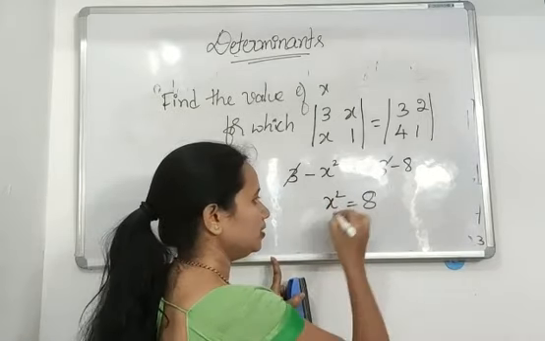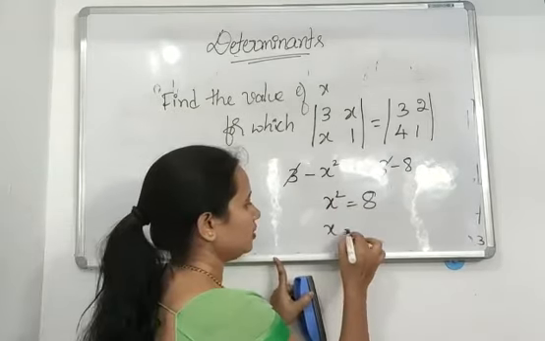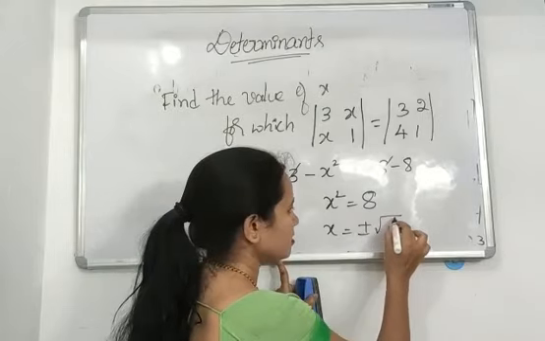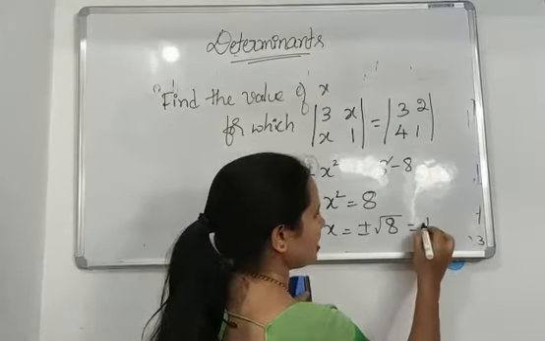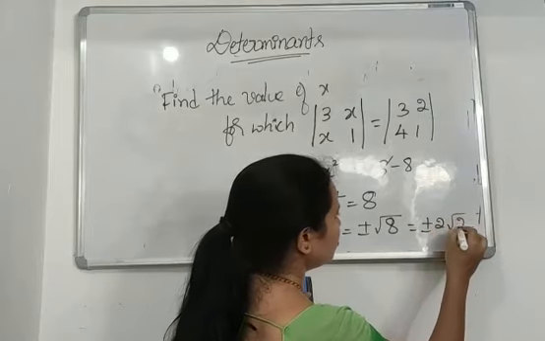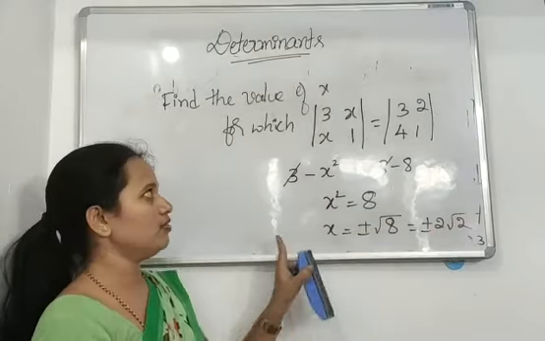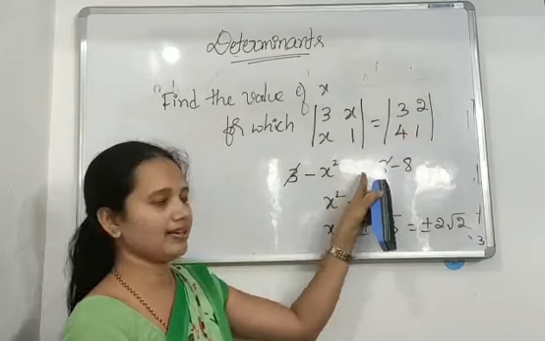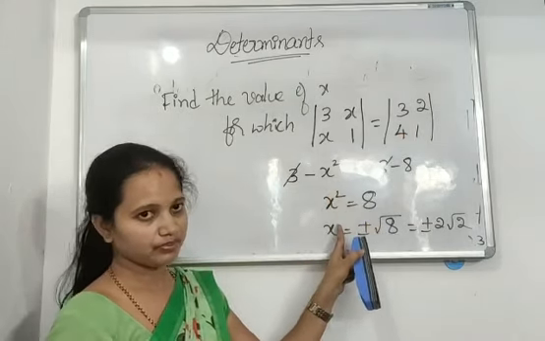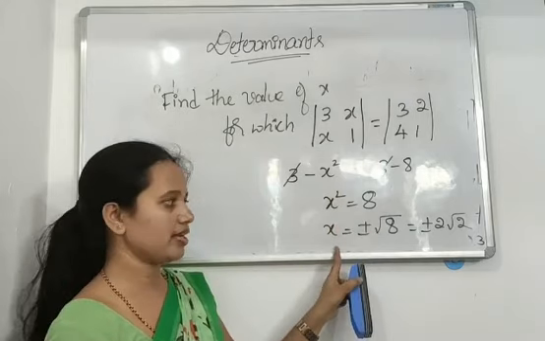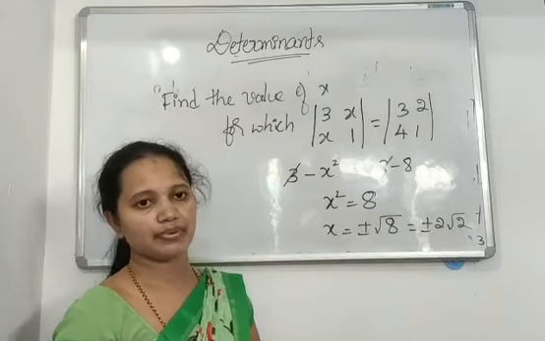So x square equal to 8, x equal to plus or minus root 8. So root 8 can be written as plus or minus 2 root 2. So this is the x value. First we have to find the determinant value, then equate, x square equal to 8. So x value is equal to plus or minus